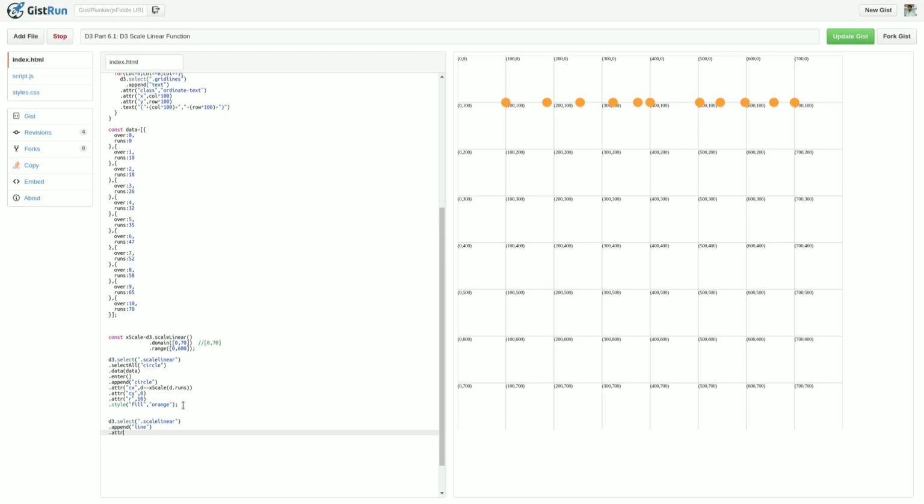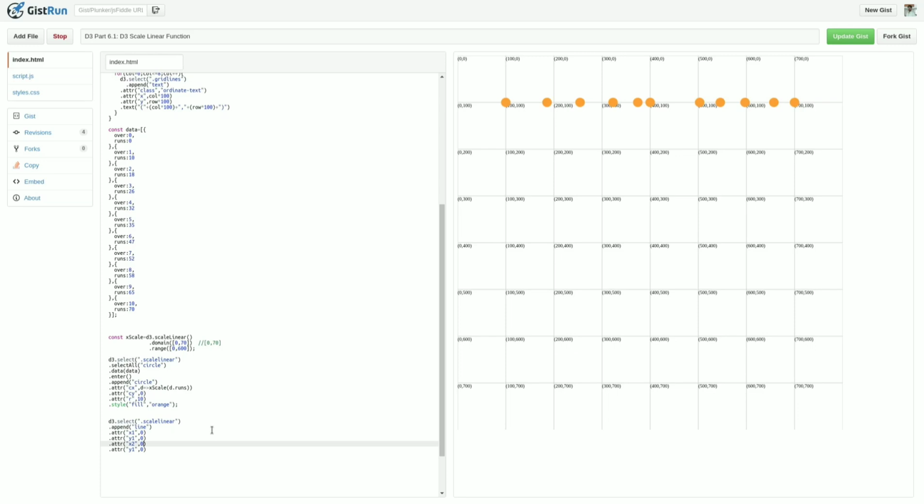So here as attributes I will take x1, which will be 0, and y1, that is also 0. Now for x2, I want to draw one horizontal line from this 100 point to 700 and 0 coordinates.